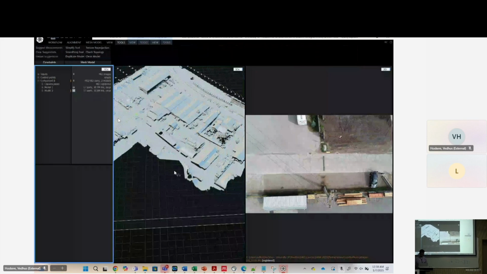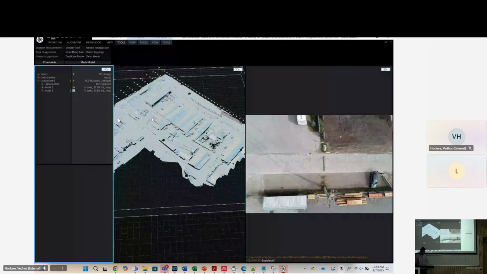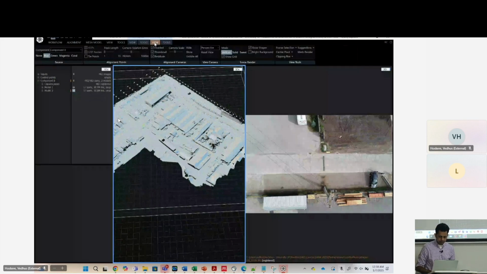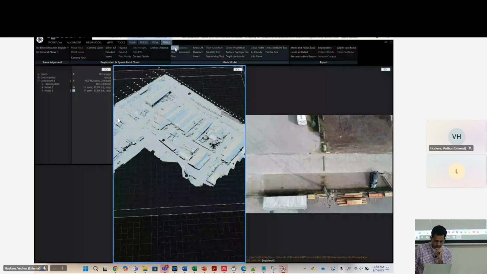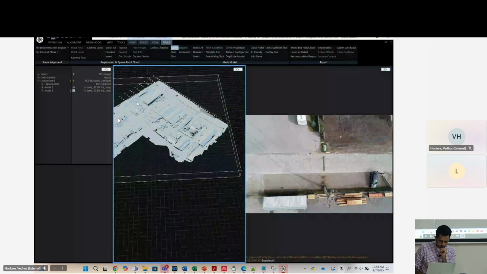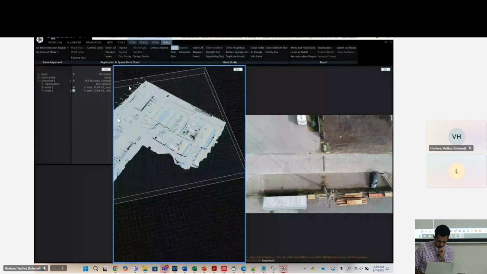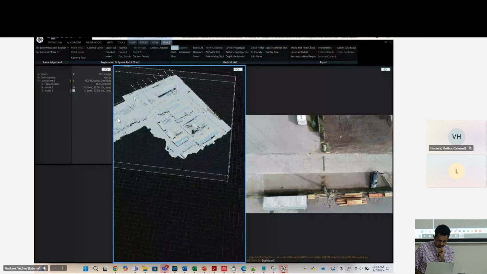So you can simplify your model as much as you want. Say I'm only interested in this building and the region around it. Let me make a selection there. If I go back to tools, I go to lasso, then I can make a selection just around this,